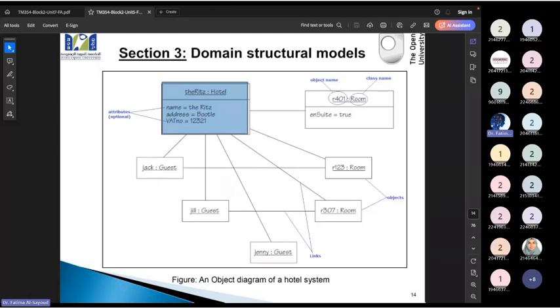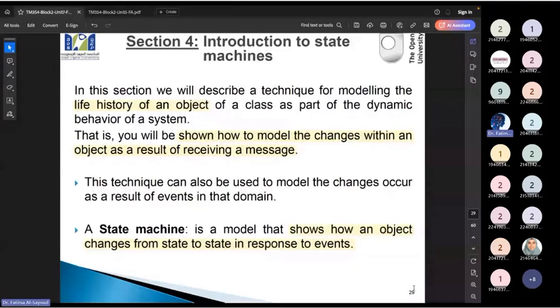Now, I'm going to give you a real life example. If I'm talking about a door as an object, what are the different states it goes through? The different states are open and closed. These are specific states. So this is the concept you need to keep in your mind as we go. It is as simple as this, okay? It is going to show us the life history of an object. How is this object going to change over time?